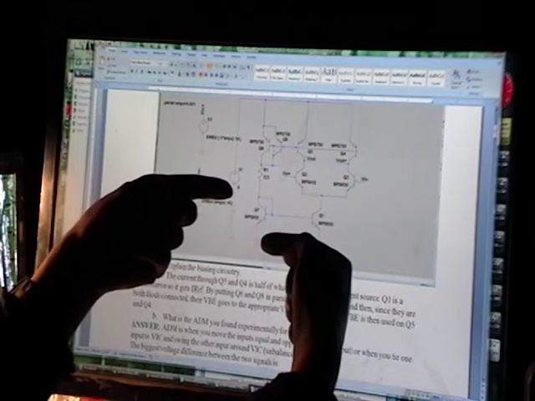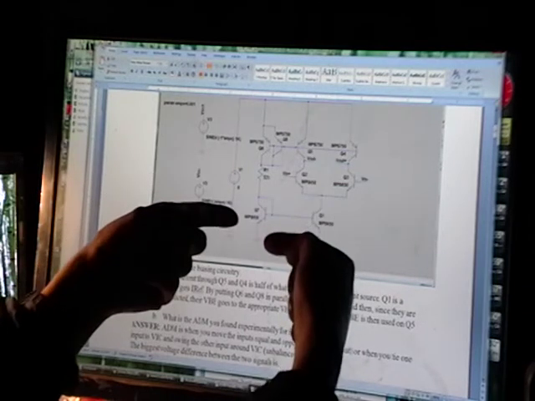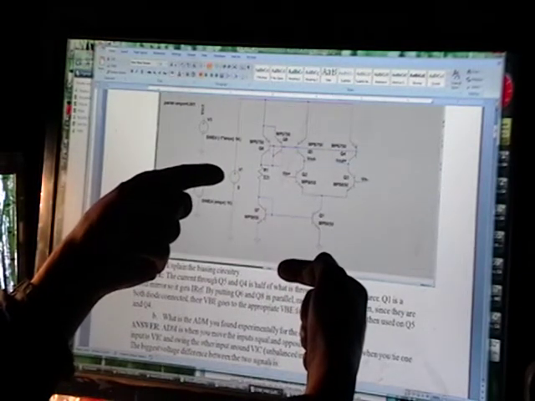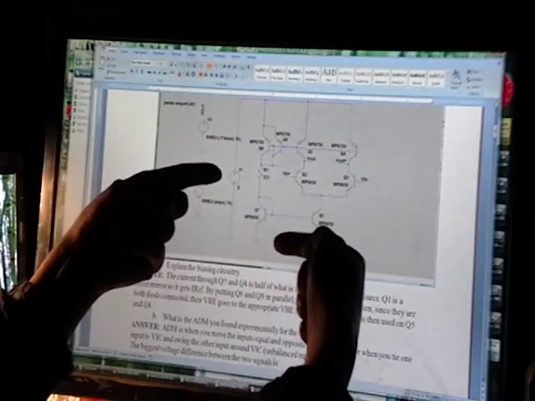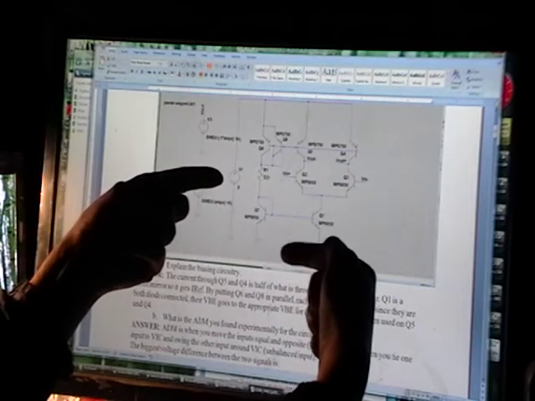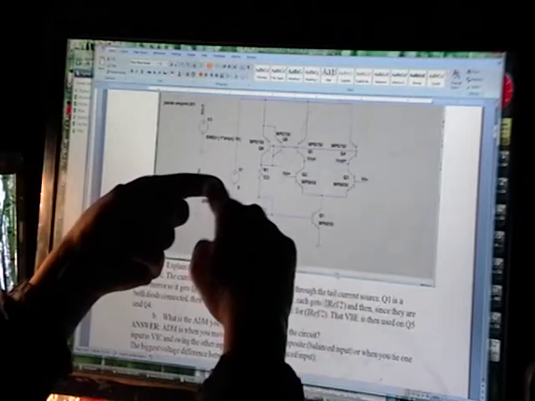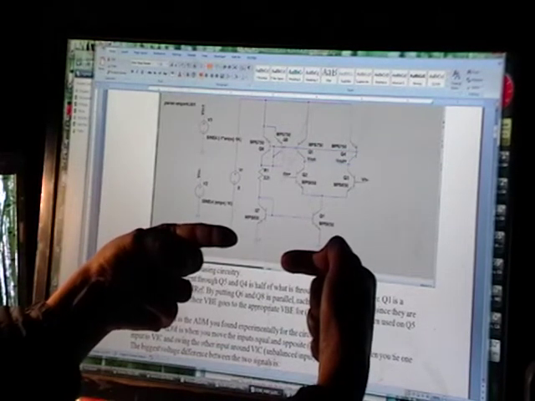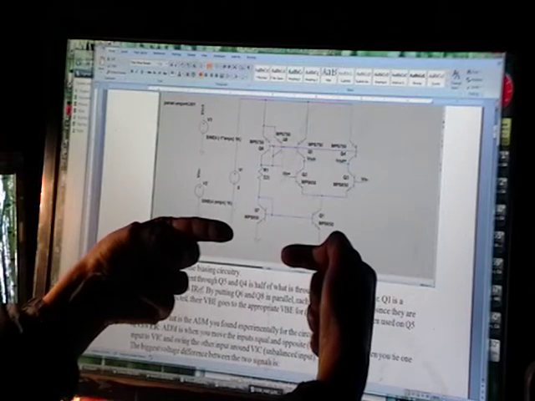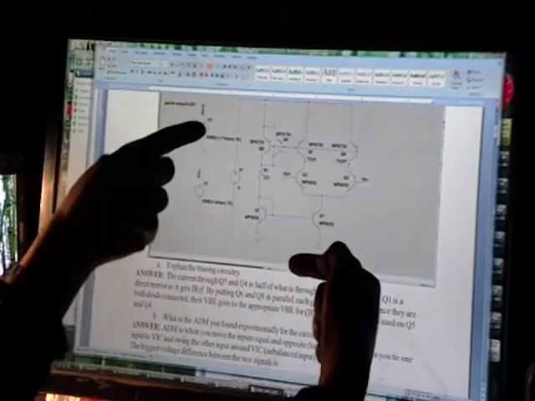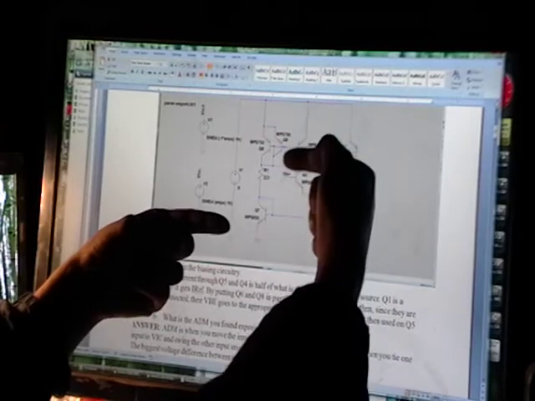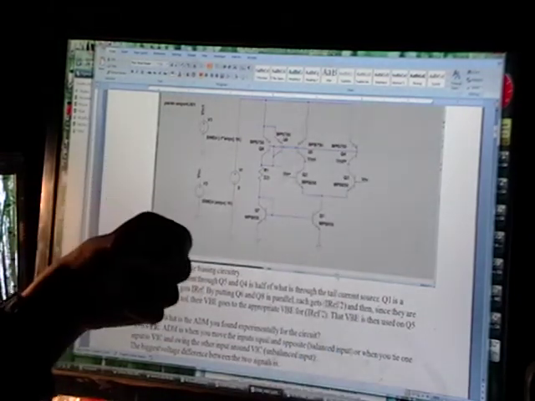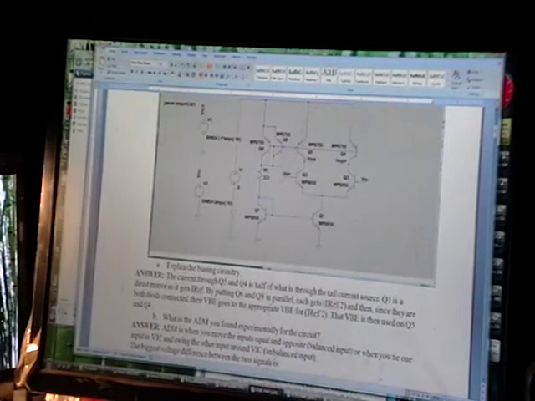But in a diff pair, as one output goes down, the other one goes up. Okay, so let's see what happens here. Let's say right now this voltage is a volt over this. So here's one output, here's the other output. Now this output is 1 volt over this output. When this goes down a volt, now the voltage has changed 1 volt, but in a differential circuit, this also goes up. So you have 1 volt change and then another volt change. So even though each only moved 1 volt, there's a net change of 2 volts. So you have to actually double the gain, or double the